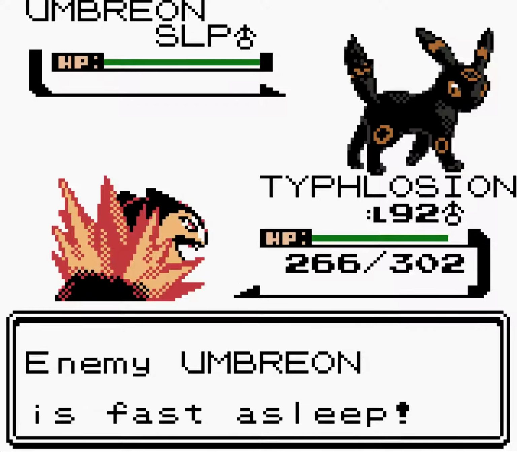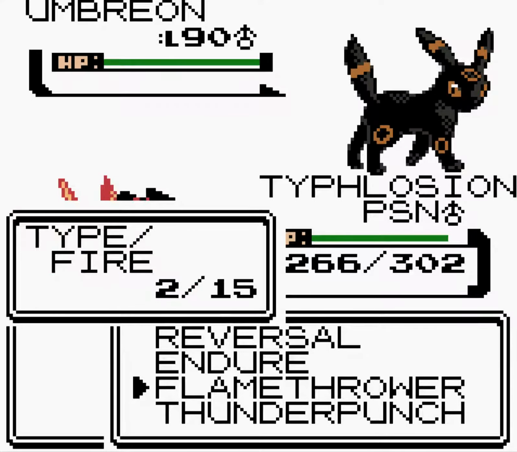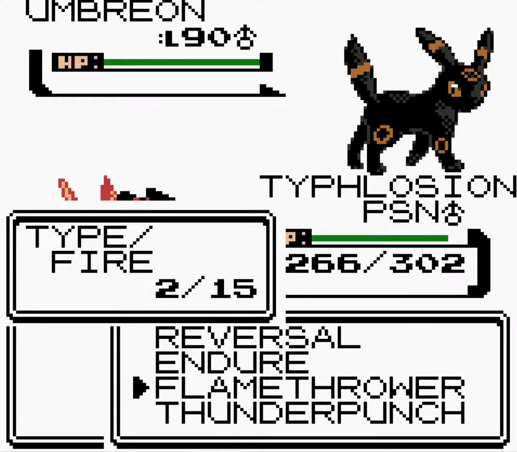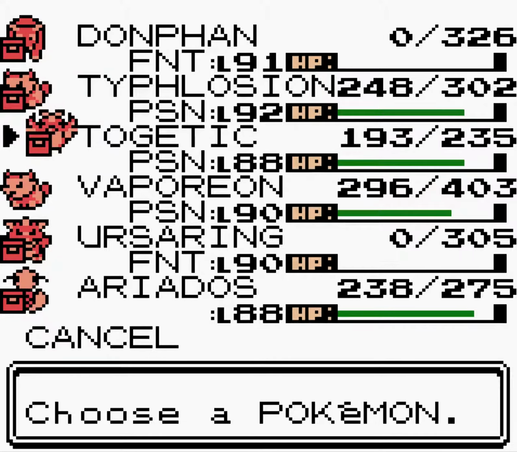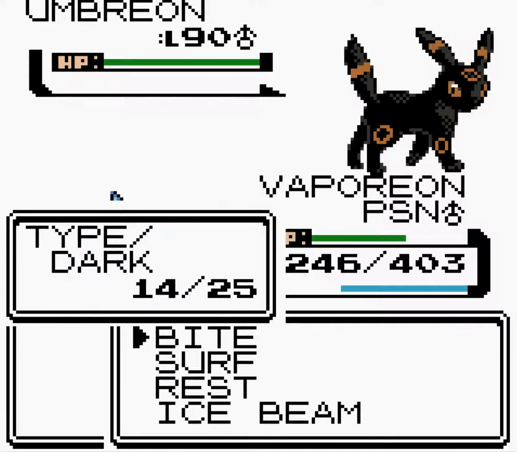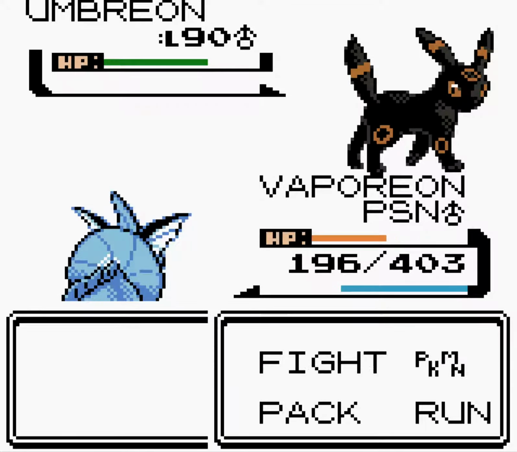So that's 1 turn of sleep, that's 2 turns of sleep. You're going to wake up, and you're going to Toxic me. Okay. So now you Confuse Ray, I guess? Because I'm pretty sure this Umbreon doesn't actually have any offensive moves. So essentially all we're going to do... This is going to be a really, really dull battle. But we've essentially got to let this...